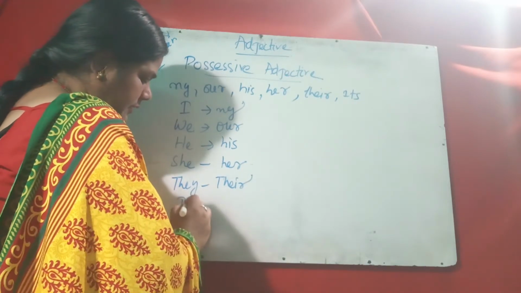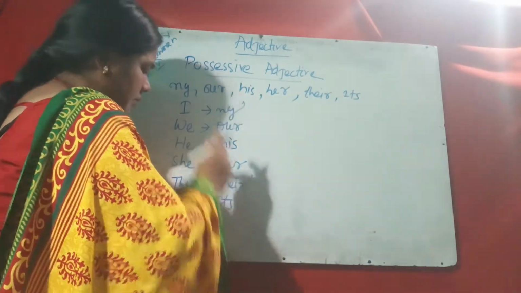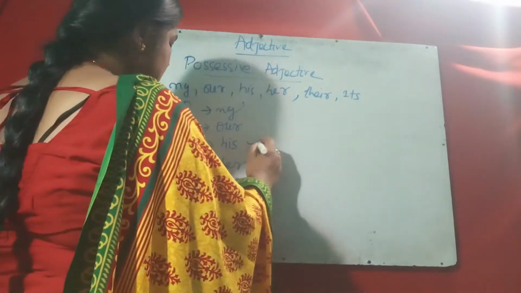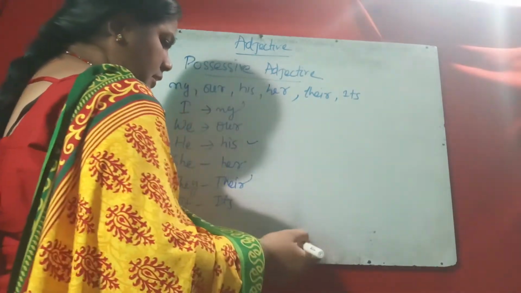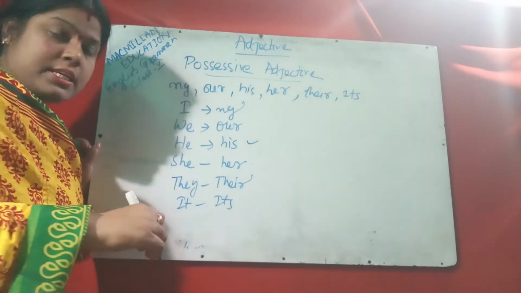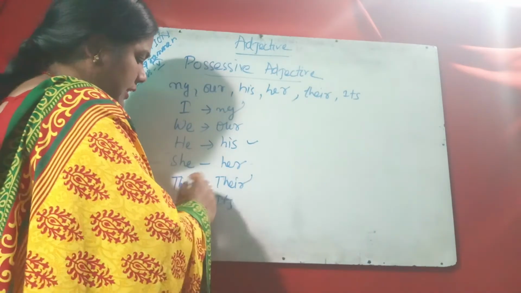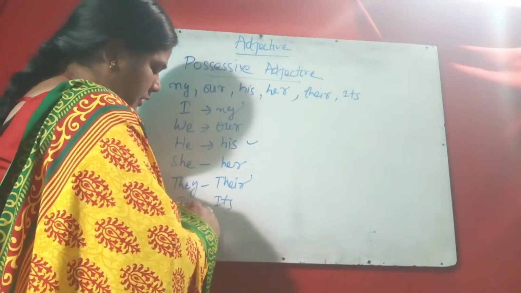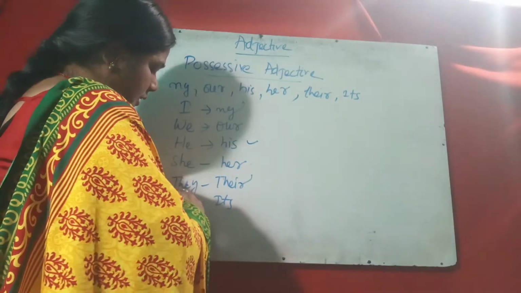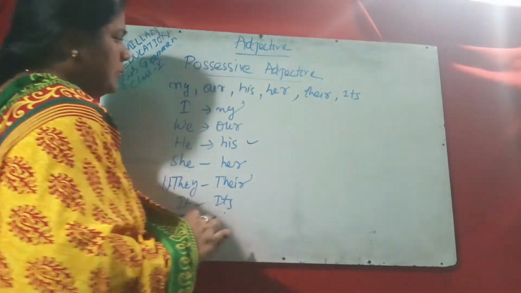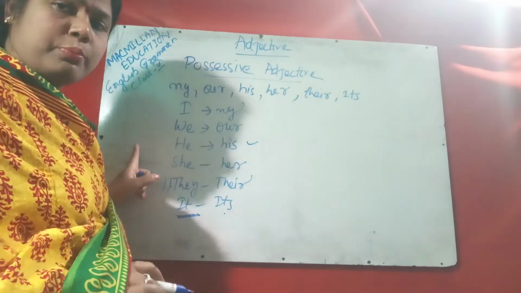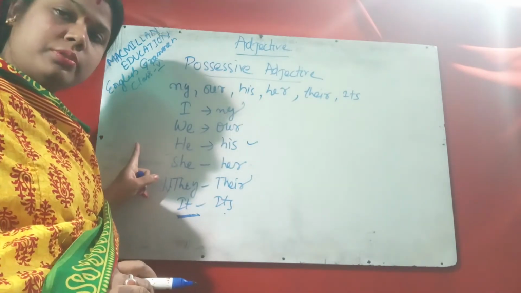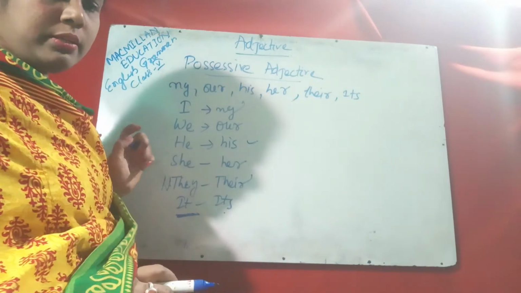Then it, its. Any boy's name, girl's name: his, her. Ram takes his pen. It is used for an animal or non-living thing, its. For plural, their. So these are the possessives used to show belonging or